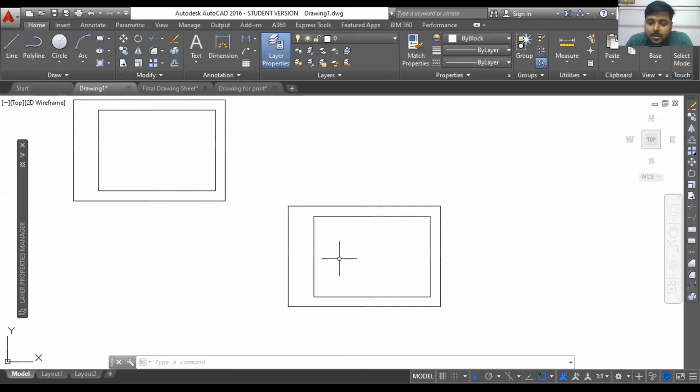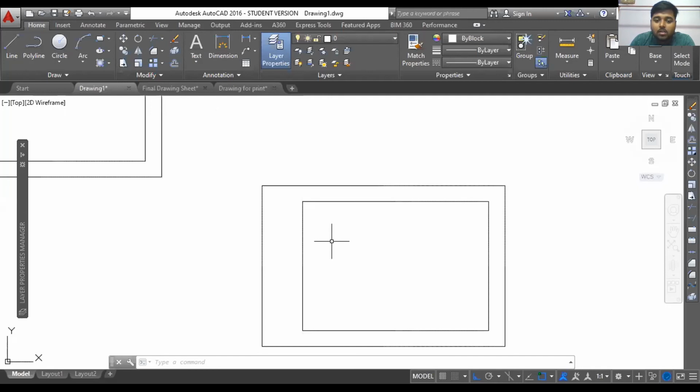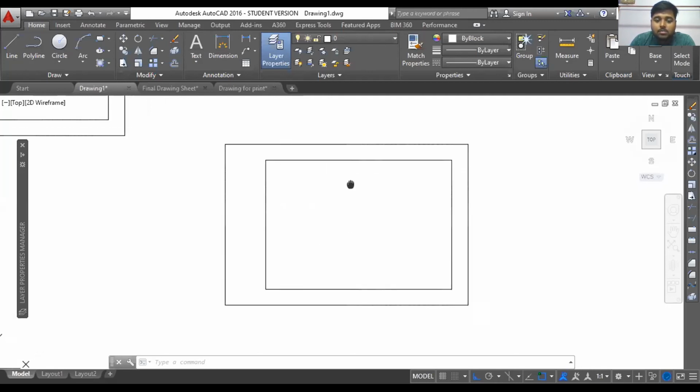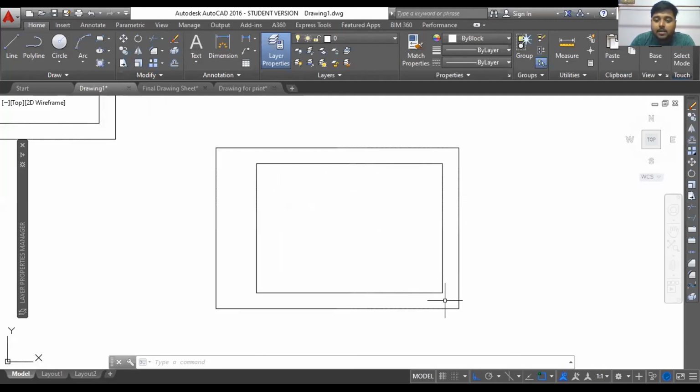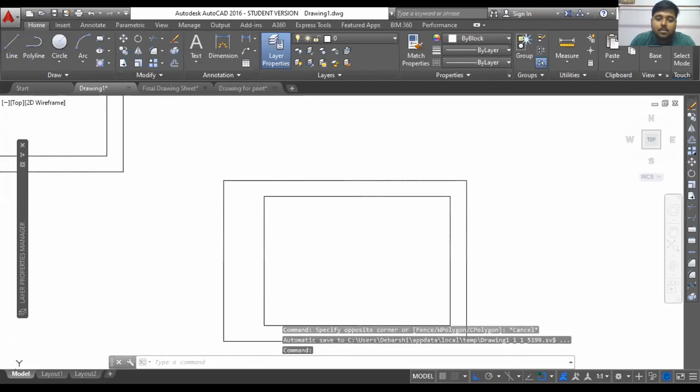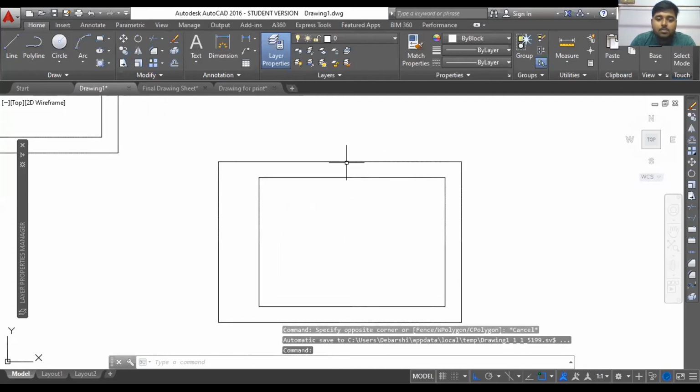But to represent something or to properly show all the annotations and all those things, you need to have a better understanding. So that is the thing. So in that case, you can use this. Then you can start using offset.